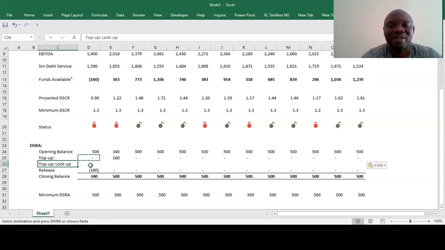So here, this is where we also have to think through that in areas where you have a lockdown, it means that all the funds have to go directly into the debt service reserve account. So how do we do it? Interesting.